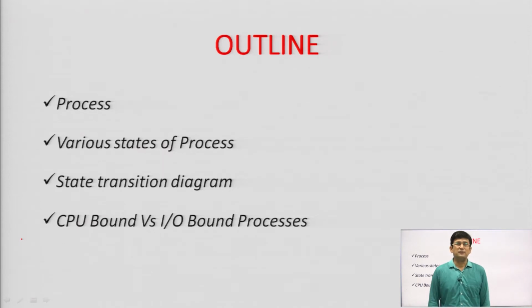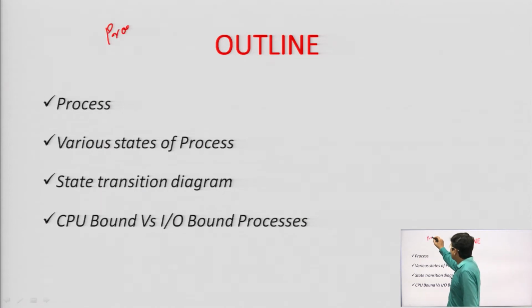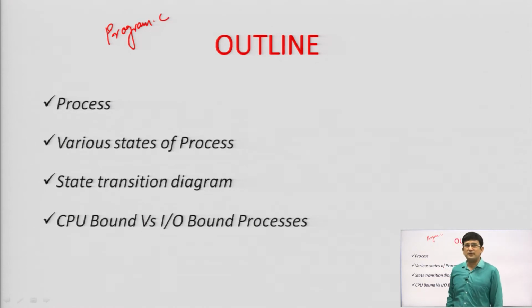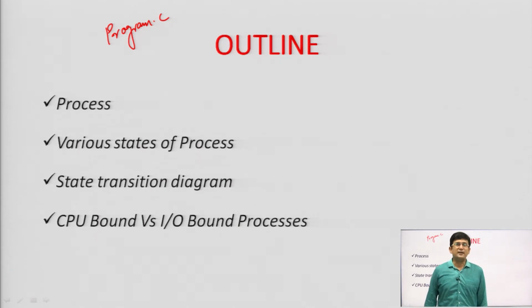Now, before going to the process and its formal definition, let us say we have a program. The name of the program is program.c. You are doing the programming in the C language. You have created a program and saved it in your hard disk. After this, you have started your compilation process. So, the compiler internally does some steps to convert this program to the object code. So, what are those steps?